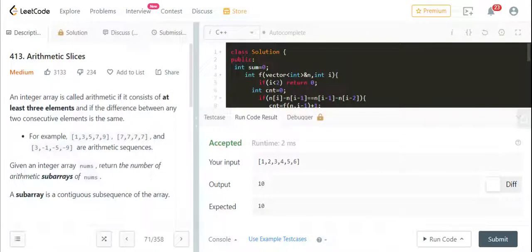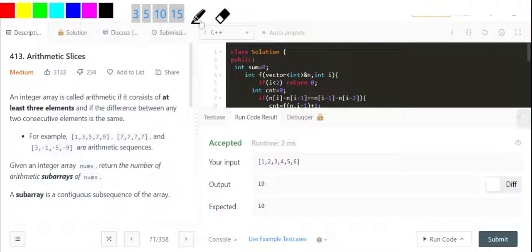1 5 1 3 5 8, right? So I hope you have understood the problem statement. Now let's get to the approach on how we are going to do it. So I used a recursive approach for doing this. Let me just walk you through that. As our statement was, if I have my array as 1 2 3 4,